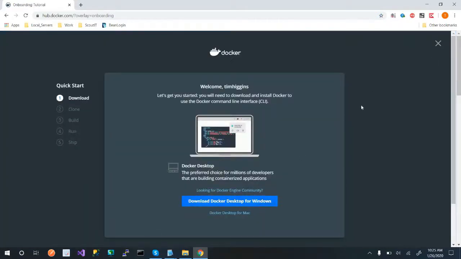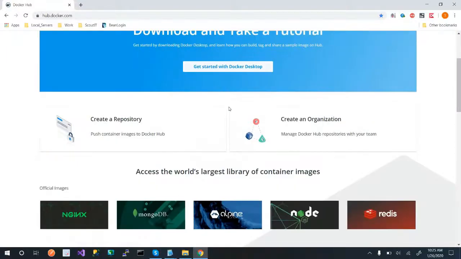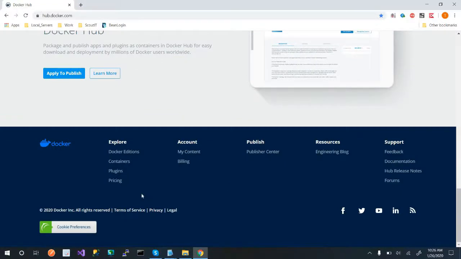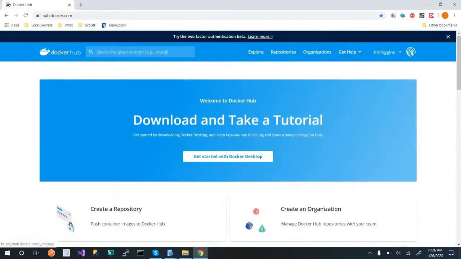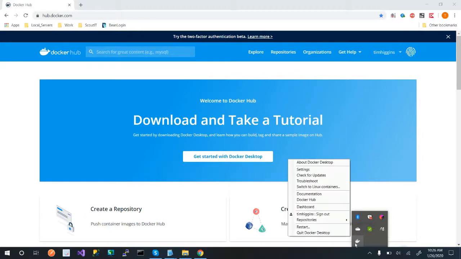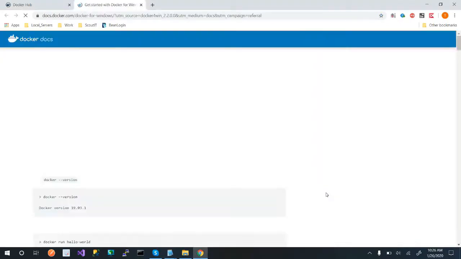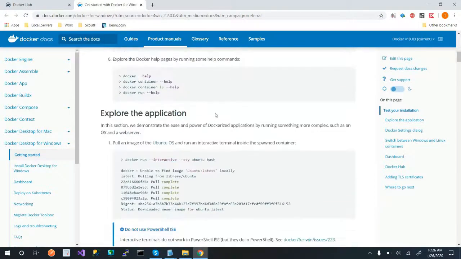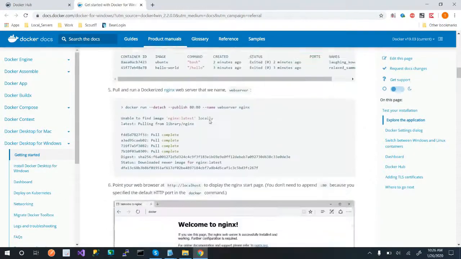Let's go here. I've never done this. Well, all right, I guess you could do that. I was going to say, I've never done that. I thought maybe it would show me the downloads. But anyway, once it gets installed, you'll have this little boat-looking icon. Now, if I click on that, there's a lot of great stuff. The most important thing you want to do is make sure you click on documentation. Now, that takes us to here. I haven't worked through this yet, but there's some really great stuff here. I definitely recommend taking the time to go through this.